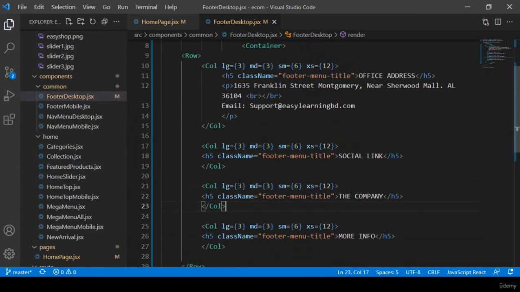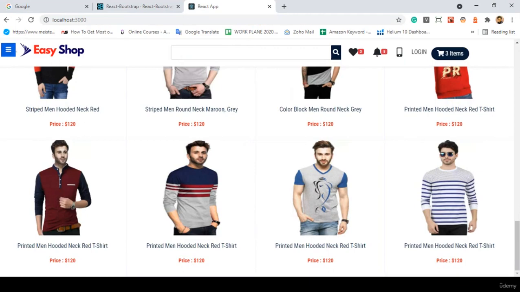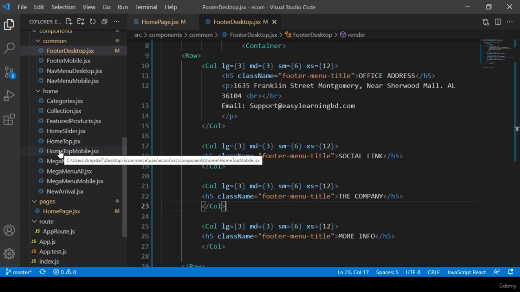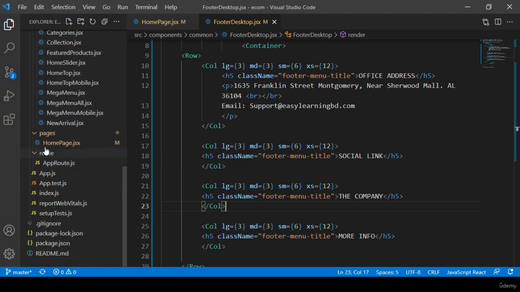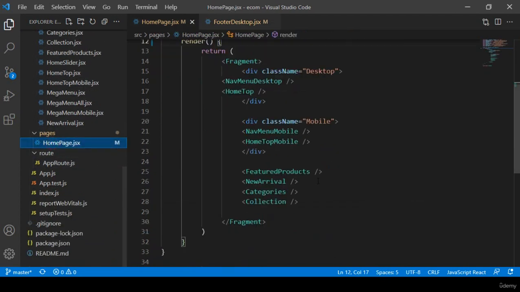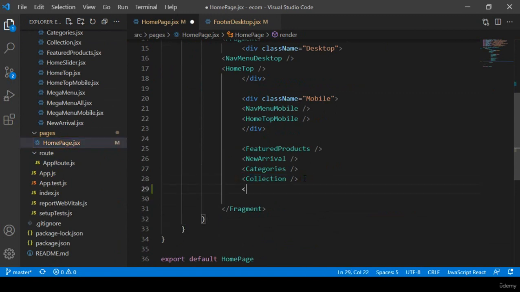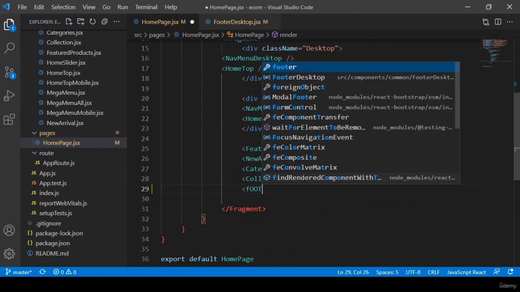So now if you want to display it in our home page, what exactly do we have to do? We have to load it, right? We have to load this component in our home page. Into the home page, after that collection, I want to load this footer. That is a footer